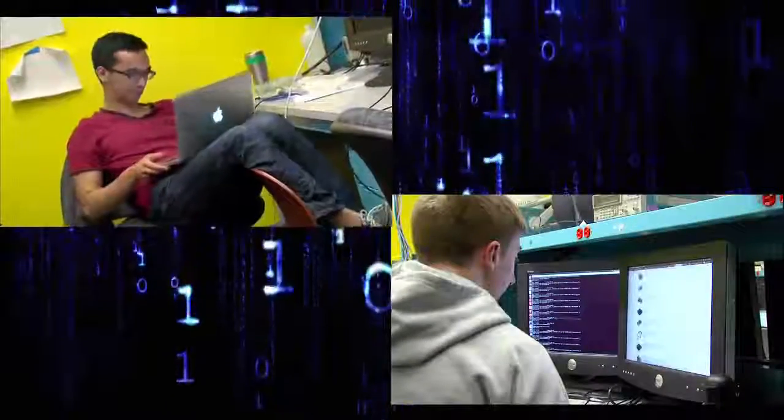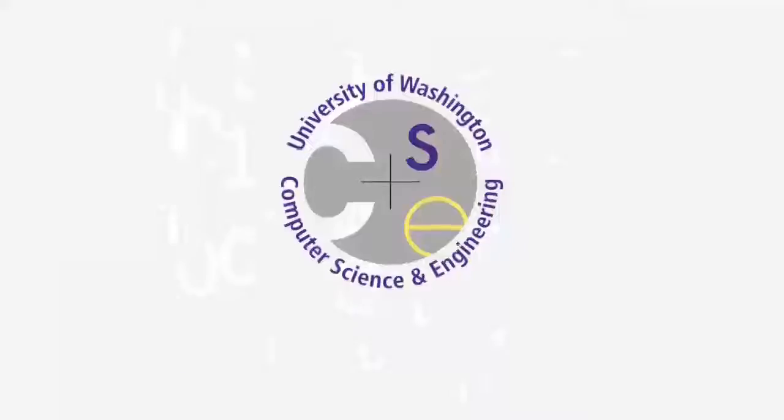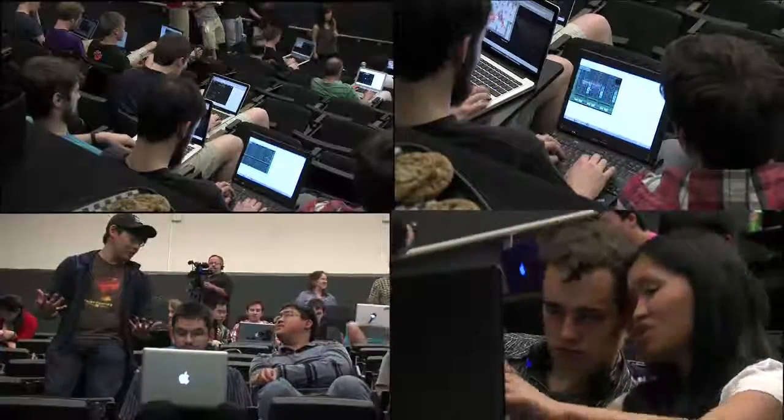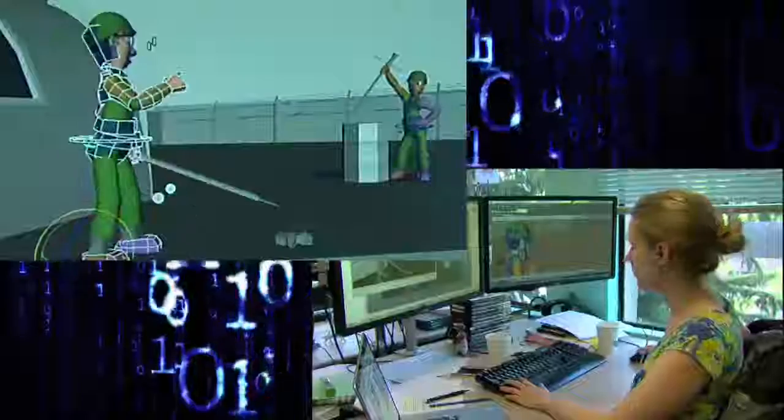Graduation is an exciting time. The path to your degree was filled with countless assignments, exams, sleepless nights in the lab, and Capstone Courses, a hallmark of computer science and engineering. Capstone design courses give you the freedom to explore your interests, collaborate with other students, and use your education to